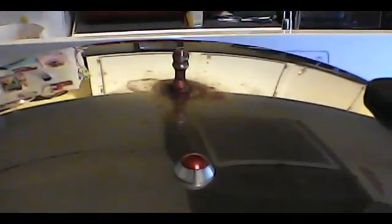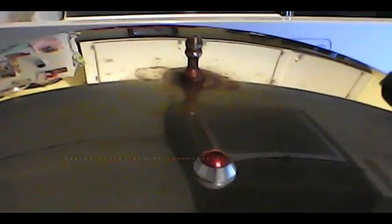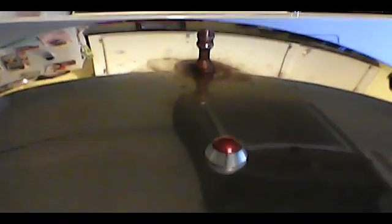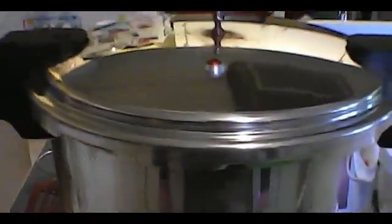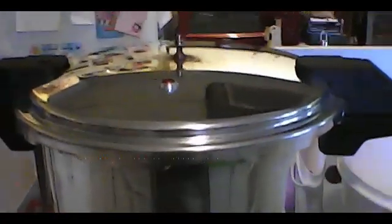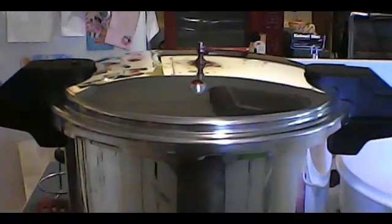And after 10 minutes, we'll put on our 15-pound weight, and then we'll keep it on high until the weight starts to jiggle. We'll turn it down some, and then we'll time it for pints. It's 75 minutes. That's an hour and 15 minutes. And we'll let her go from there. Alright, we'll show you what the